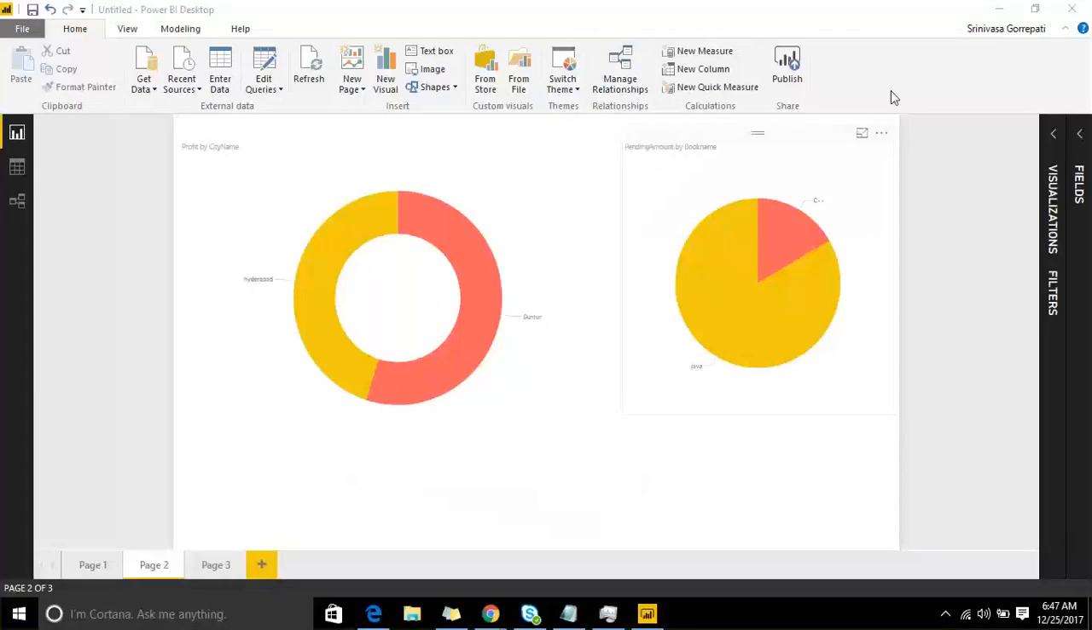As I said, though as part of a best practice, we are going to use SSAS live connection and we just drag and drop the data. But here,